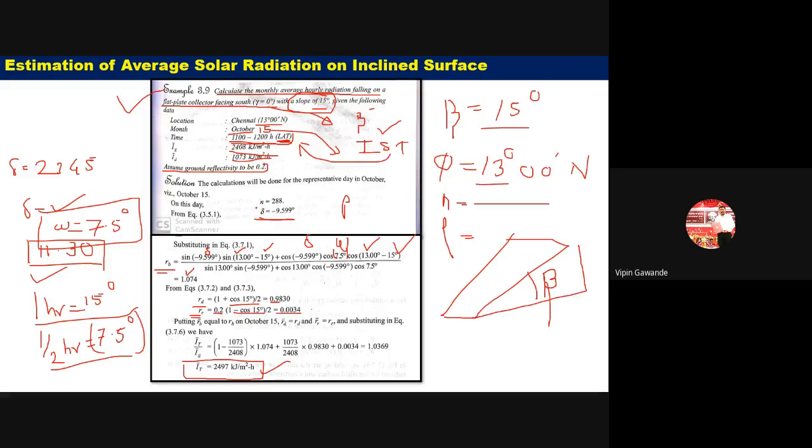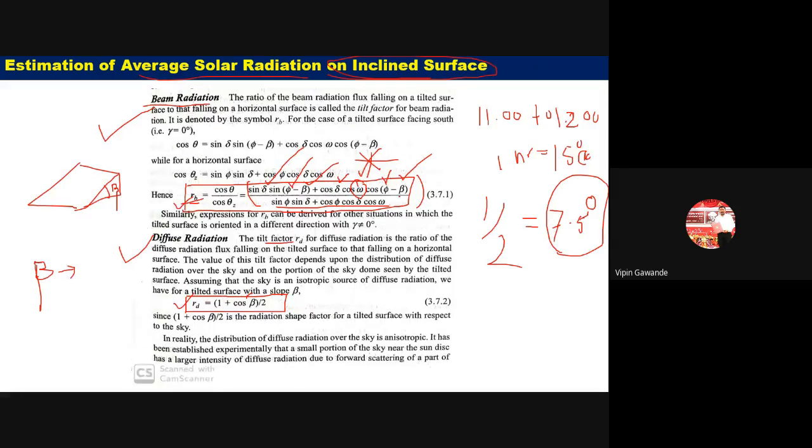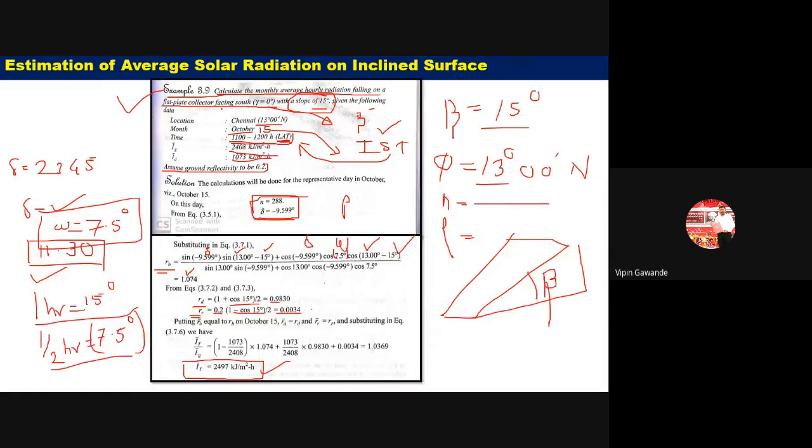So you have to understand these topics. You just look at the problem and calculate the unknown quantities one by one. That is the only important thing in this subject. As I already told you, there is no need to remember the formulas, because it is not possible to remember all these big formulas. So we will use the data book. I will give you all the formulas in the form of a data book. You just consider what type of problem is given and which formula is related to that problem, and calculate all the values here.